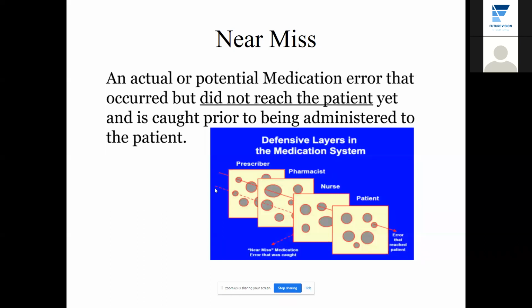Error, it's not teaching the patient. Near miss, it's a good opportunity to improve ourselves, to improve the quality of care, and to improve the system. You should not use the medication or the reporting system اللي حنتكلم عنها آخر يوم just to judge people or to undermine people. لا، نحن just to learn a lesson and to improve our system and to avoid the error in the future.